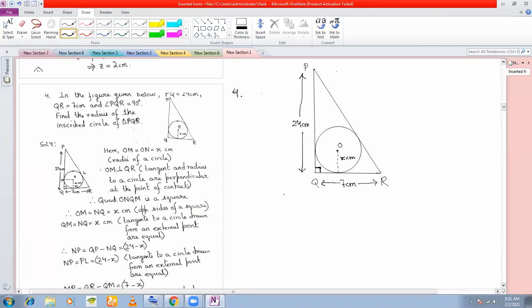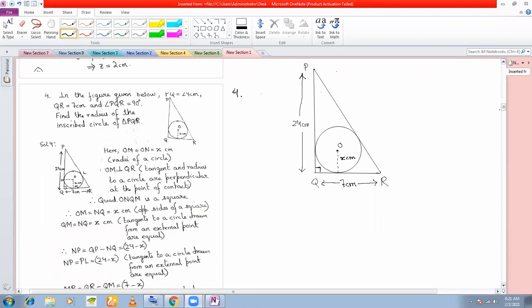This is a right angle triangle that is formed. Can you tell me what kind of a circle this is? What is this circle called? This circle inscribed in a triangle. Anyone? It's called an incircle because it is inscribed inside a triangle, and all the sides of the triangle, if you see, are nothing but the tangents to the circle. All the sides of the triangle are tangents to the circle. So in this kind of figure, the circle is called an incircle.